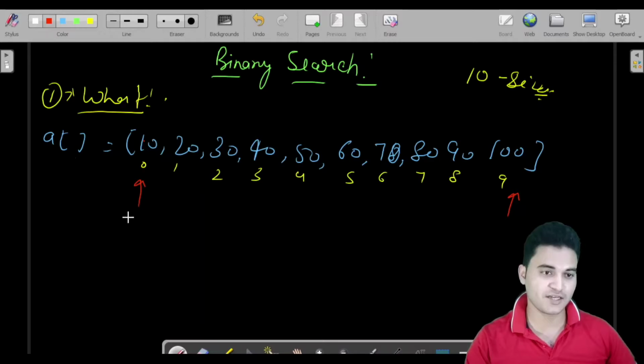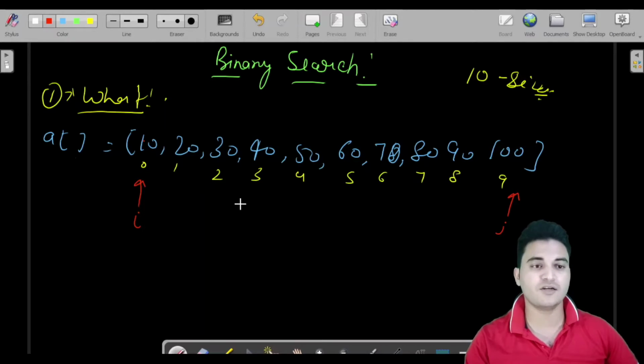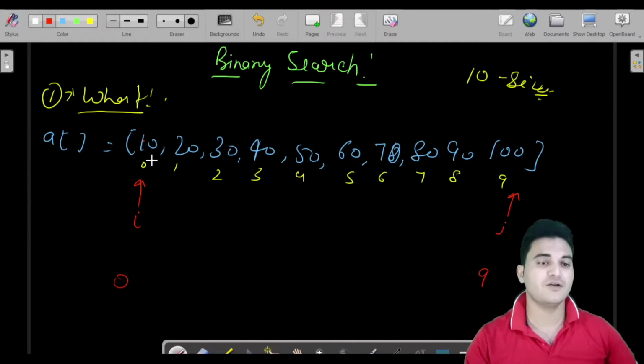Let us call them I and J, or you can call them start and end. What the algorithm says is, this pointer is initially 0, and this pointer is initially 9, pointing to this element. So calculate the mid of both of them, like 0 plus 9. So let us calculate the mid also.